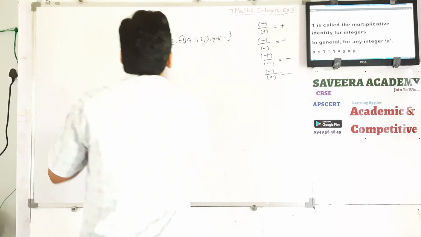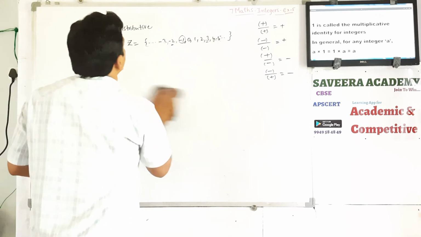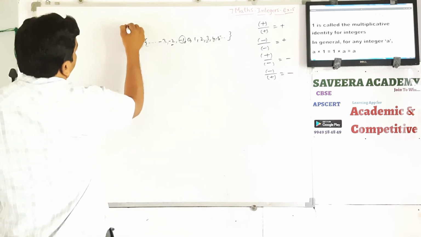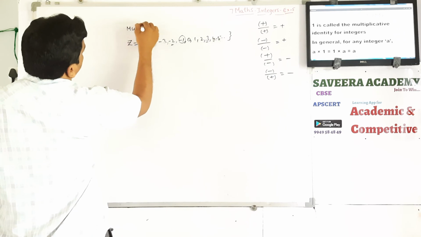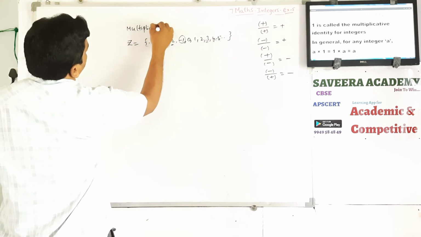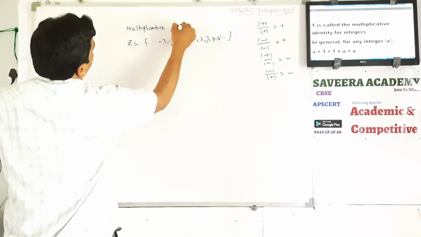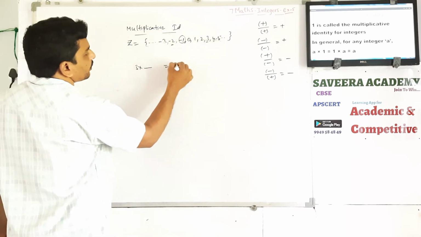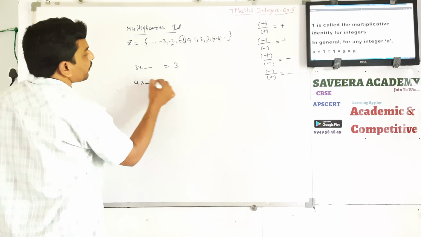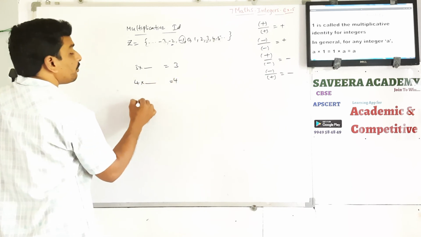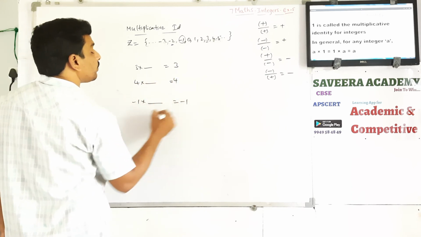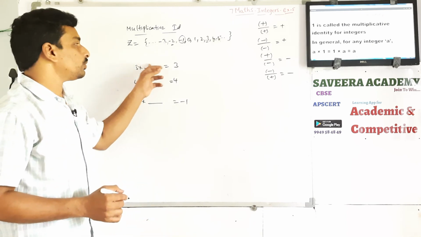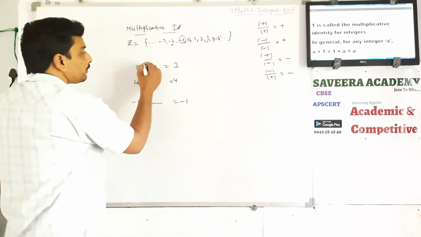To explain multiplicative identity, I will write some examples here. Multiplicative identity. 3 into dash is equal to 3. 4 into dash is equal to 4. Minus 1 into dash is equal to minus 1. Okay, so what number should we write here to get the same answer? Suppose if you write 1,